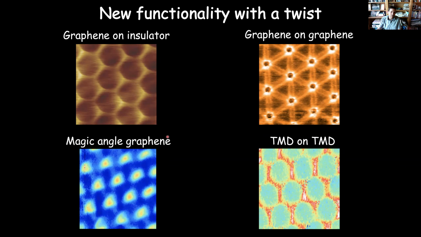And in this other case, the so-called magic angle graphene, when you make about a 1 degree twist angle between them, you can induce superconducting and correlated insulating states in the graphene. And then at the end, hopefully there'll be time to tell you a little bit about what happens when you combine 2 different layers of tungsten selenide on top of each other and rotate them, and how that can modify the electronic properties of that material.